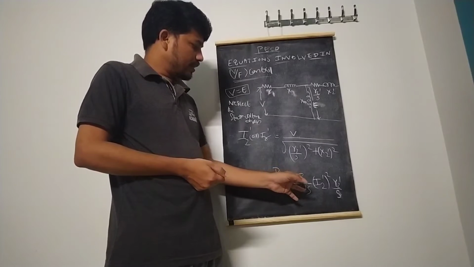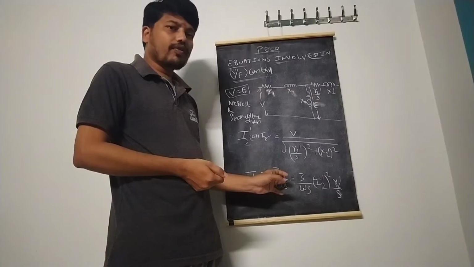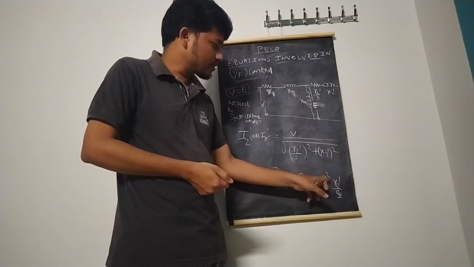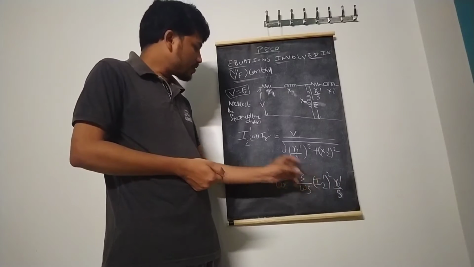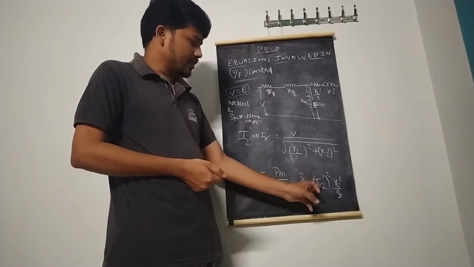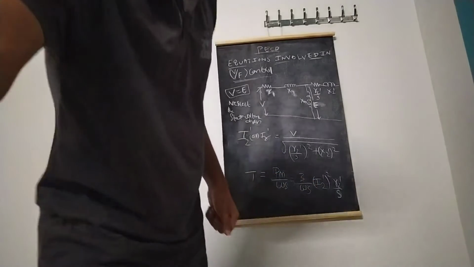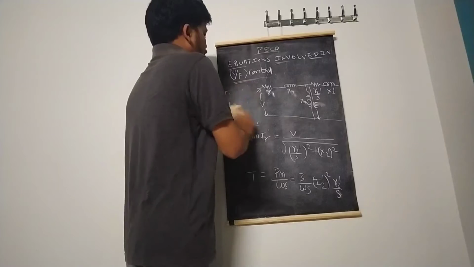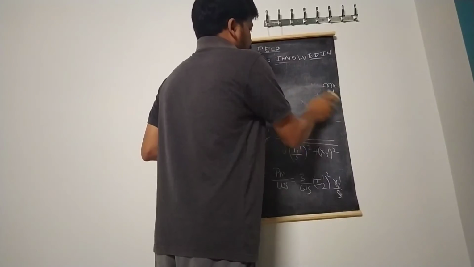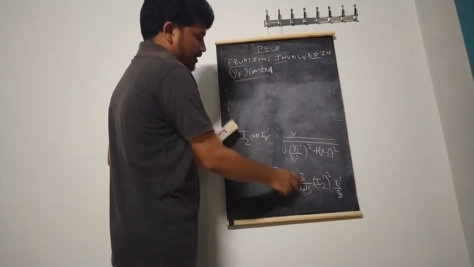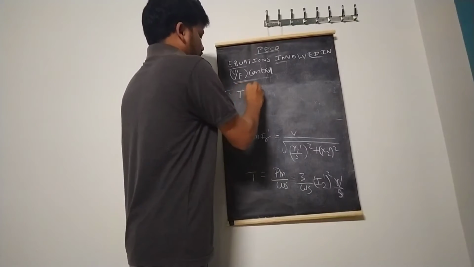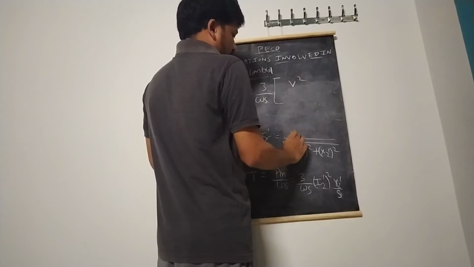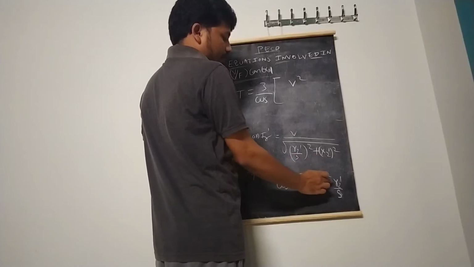But for three phase, the mechanical power developed is nothing but 3 into I2 square into R2 dash by S. So that is 3 into I2 dash square into R2 dash by S, divided by omega S. Now substitute the I2 dash value in this equation, and you get the torque. Is it clear? Substitute the I2 dash equation in this, and you get the torque. So now I want to substitute this equation here. Whenever we substitute I2 dash, the torque equation becomes 3 by omega S into, what is I2 dash? V square, because of V into V, I2 dash into I2 dash.